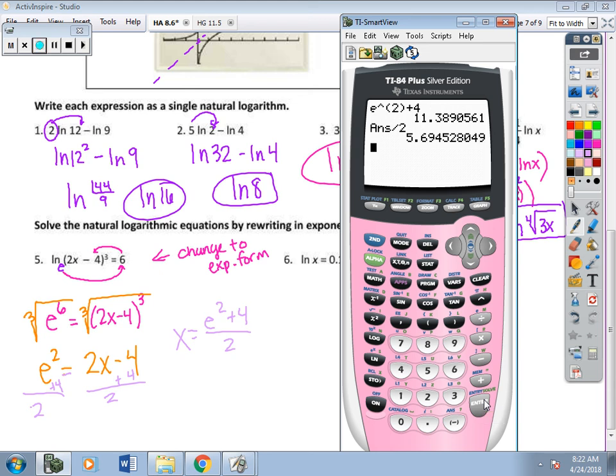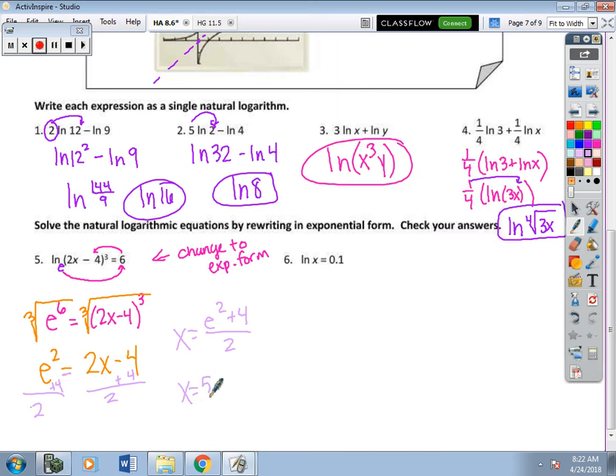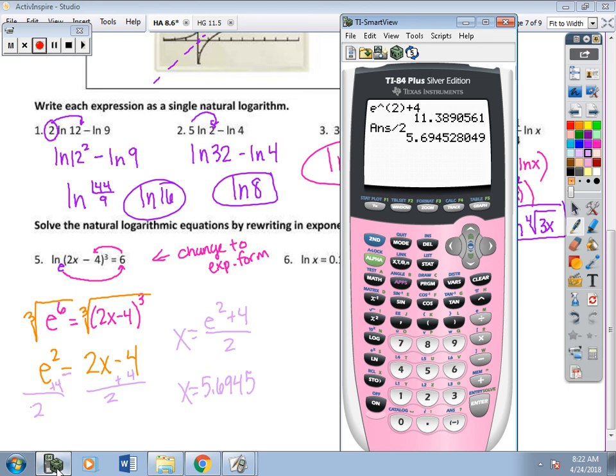And let's just do, why did I choose 3 decimals? Let's do 4 like we did yesterday. So 5.6945. And then we can check this again by storing it in for x